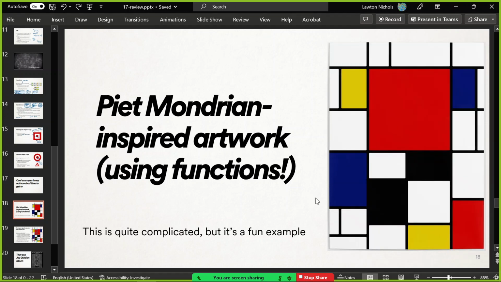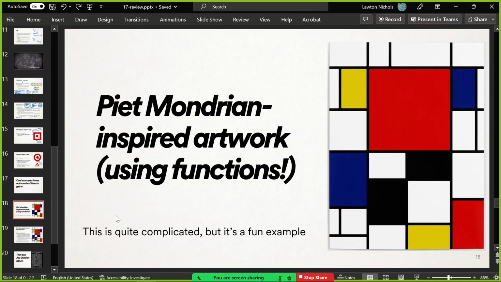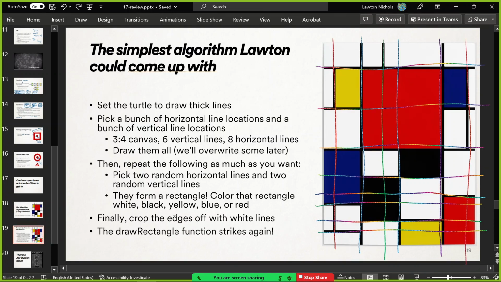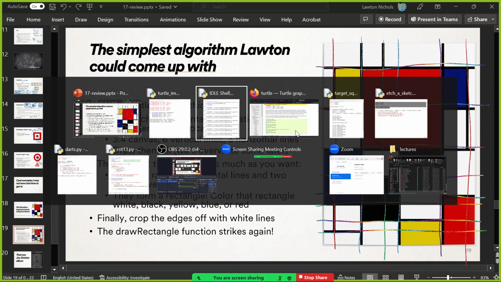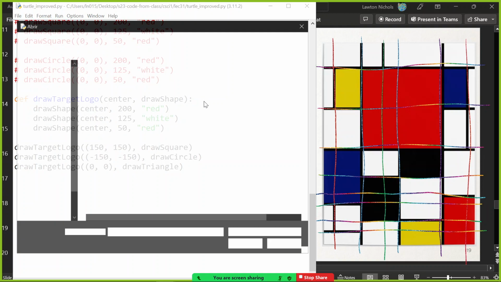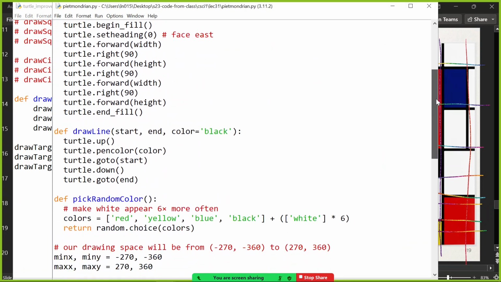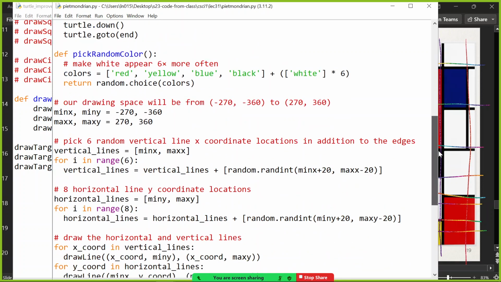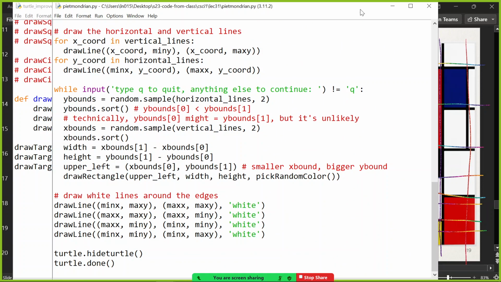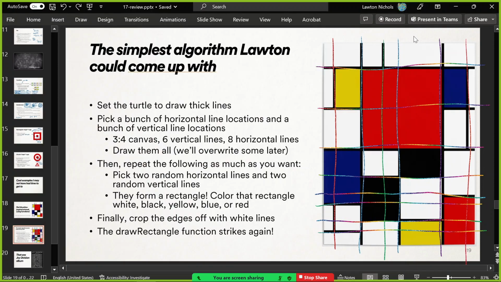It looks beautiful, very abstract, but we can draw something that looks like this with the turtle library and randomness and functions. And this is a good example of how you break down a problem. So this is how I chose to do this. I've made a very long program. You don't have to understand it, but let me open it at least. Mondrian.py. It's very long. It's got all these things: draw a rectangle, draw a line, pick a random color, a bunch of loops. I believe that you could understand it if you thought about it long enough. But here is how I thought about this.